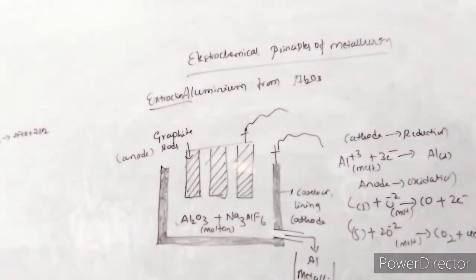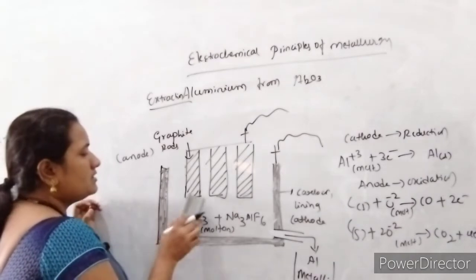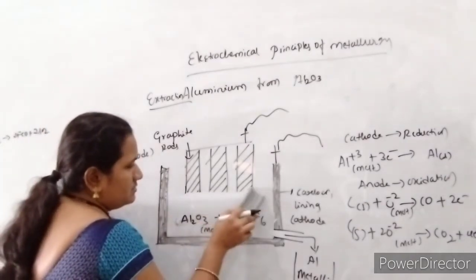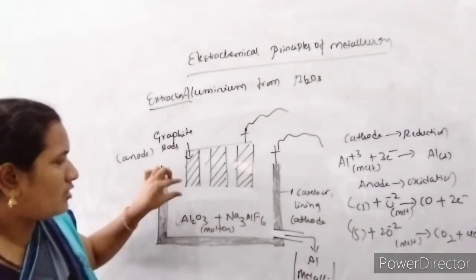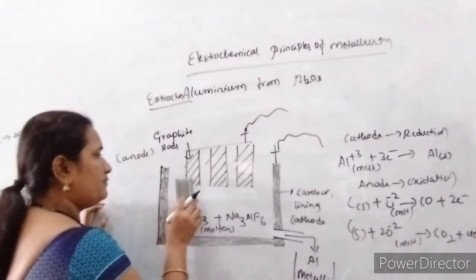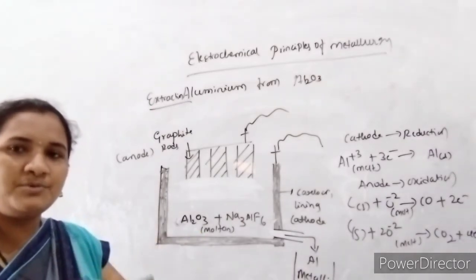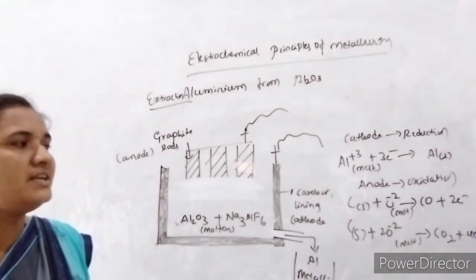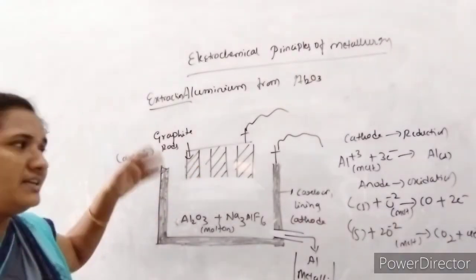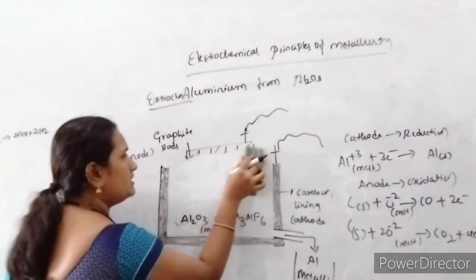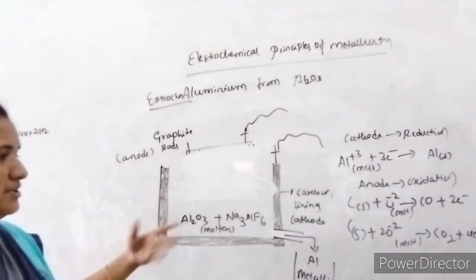However they react, the liberated oxygen reacts with the rods, and the rods are lost. However the reaction is carried out, if 1 hour is carried, then a small amount of the rods is consumed. If the process is continuous, again the rods are destroyed, because there is continuous liberation of carbon monoxide and carbon dioxide. As a result, the quantity of rod decreases. In this way, finally all the rod is finished, so again we have to put in new rods to continue the reaction.